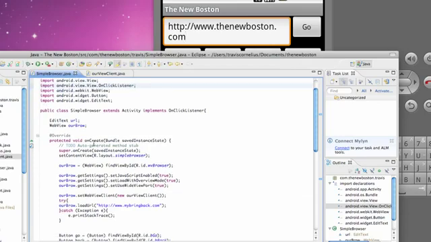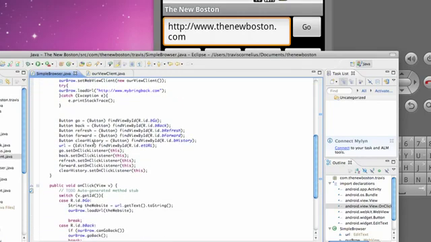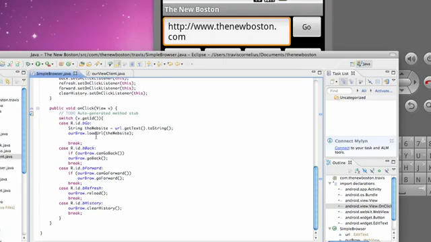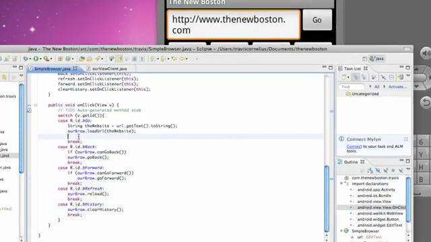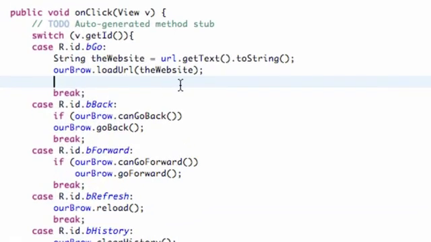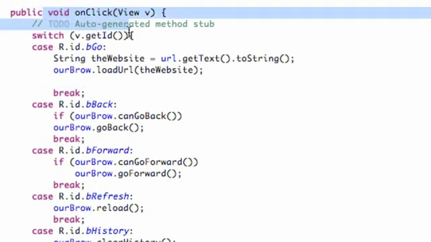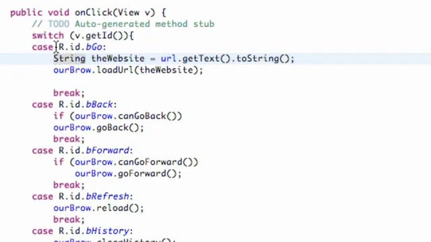It's just another one of those things that seems kind of complex. It's kind of hard to remember, but that's why we're creating this project here. So again, you guys can refer to it in your own code. So what we're going to do is go down into our switch case for our go button, and after we've loaded our website, we want to get rid of our keyboard. So we do that through input method manager. So we're going to set up an input method manager,